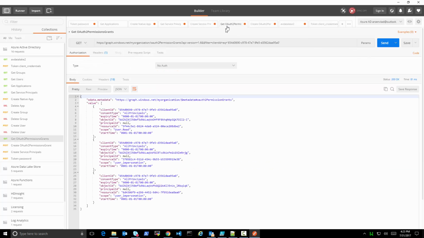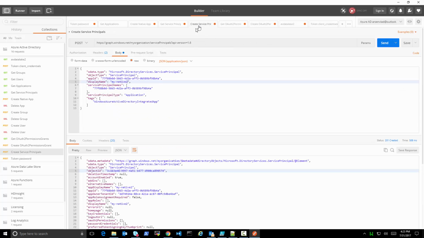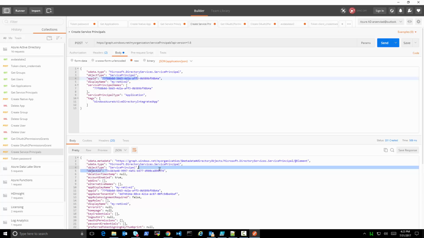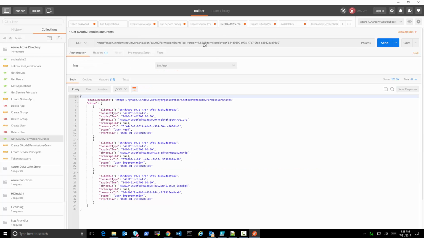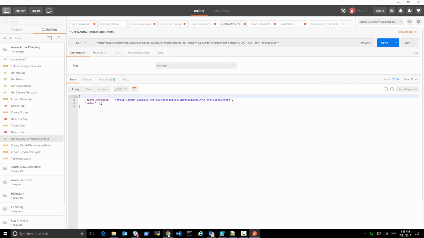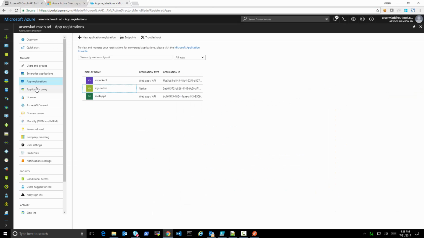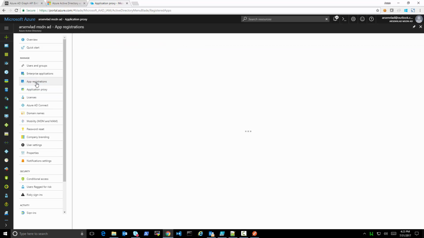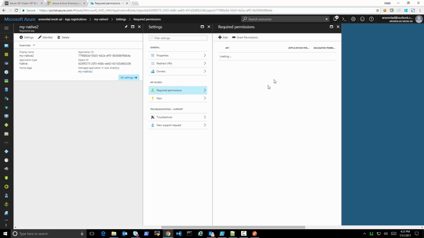And we did not give it the grants, right? So let's grab the service principal, this is the service principal ID, and confirm that the grants were not performed by looking right here, right? We are searching for that service principal and we see nothing. In the UI, on the other hand, it's a little bit more confusing because what we will see is we have the app and it will seem to have the required permissions. However, this button was never pressed and the API was never called to make that happen. So now let's grab this application ID,